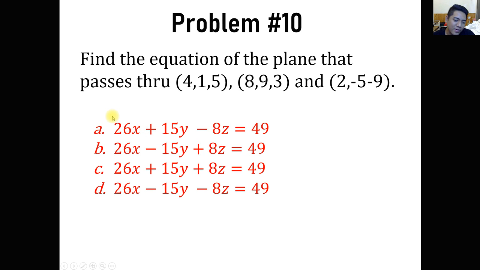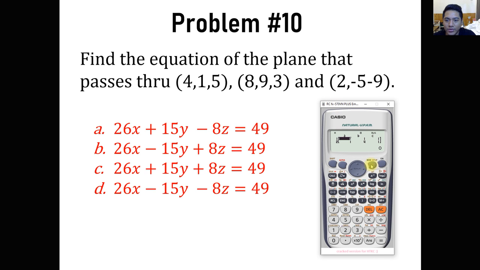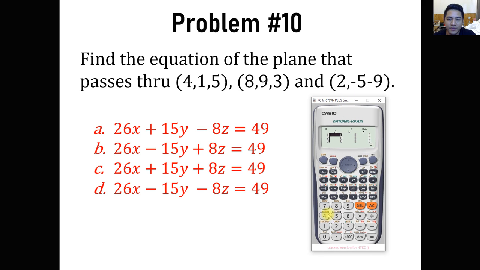Alright. So for the last problem, I hope you're enjoying these calculator techniques. For the last problem, number 10, find the equation of the plane. So we can also get the equation of the plane, given 3 points here. The only catch is that we are going to use 3 equations, 3 unknowns for the mode 5. So, again, we are given 3 points. I'm going to use mode 5 still, but this time 3 equations. The same rule applies: 4, 1, 5. And of course, the d should be 1.